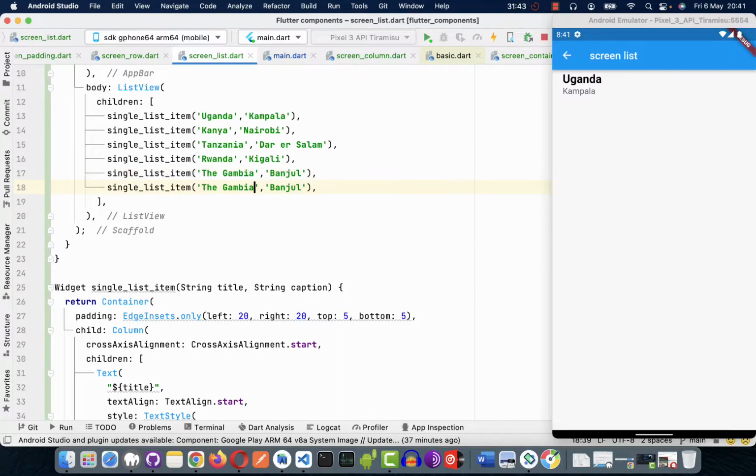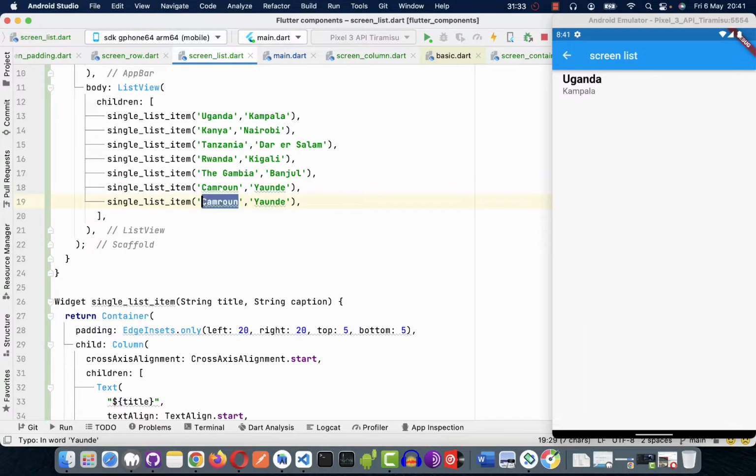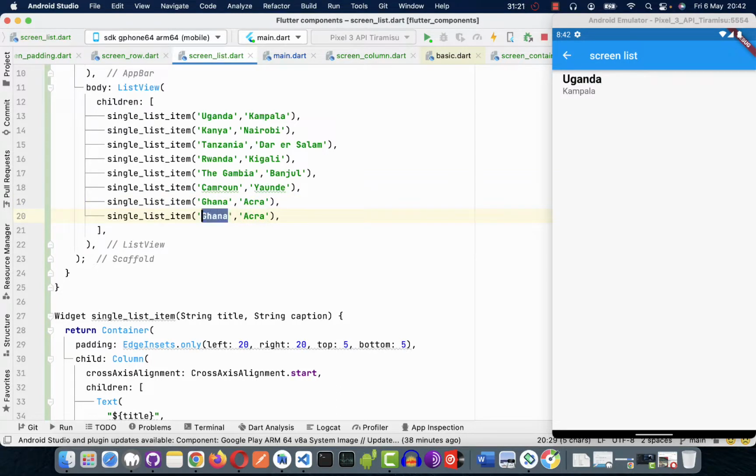Come and put Cameroon, that is Yaoundé, I think, yeah. I'll put maybe Ghana, that is Accra, if I'm not mistaken. And then come and put Nigeria, Abuja. Okay, so if I save,